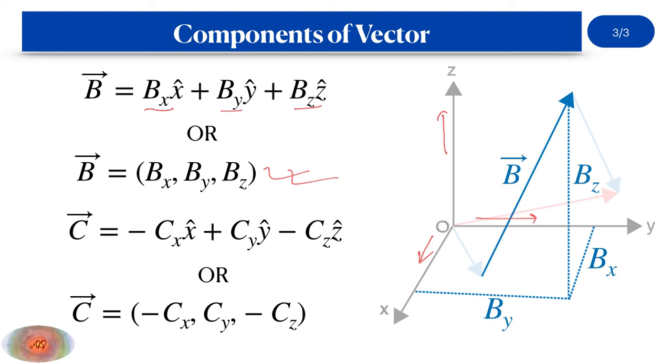As you can see, the vector C is the direction along which the plane tried to land, and in order to reach this particular point the aeroplane has to move minus C_x distance from its initial position, because this is the positive direction and this is the negative x direction. So although it may not be clear in this two-dimensional picture, I am assuming it is moving along the negative x direction for a bit, which is equivalent to minus C_x.